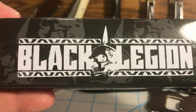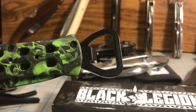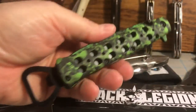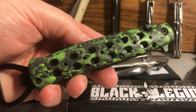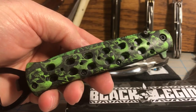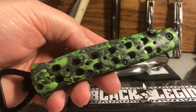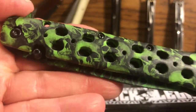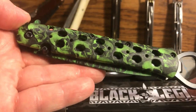And it had a couple features on it that seemed kind of interesting to me. So it's like, well, even if the knife sucks, at least it's going to have a bottle opener. So at the end of the day, I'll at least have a $12 bottle opener. And this is what I got: the Black Legion Stiletto with bottle opener, and it is an assisted opener. Moves relatively quick, and I guess I'm happy with it. At least I killed my incentive to have a zombie green skull knife. It's over with. I don't have to worry about looking for another one, and that is done. I have a zombie green skull knife for my collection, and it didn't kill me. It's only $12, and years from now I'll look back on it and laugh and say, well, at least it